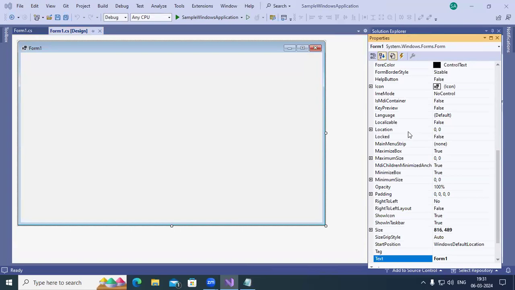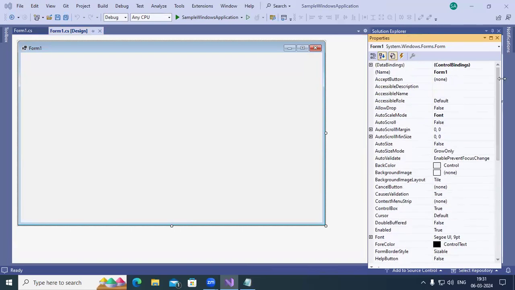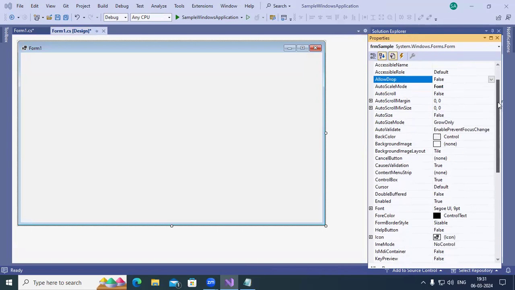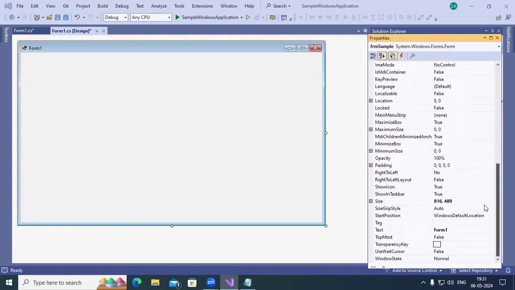Here you have properties. Let us remove some of the things. First thing, we change the name. Instead of form1, I want to name this FRM sample. There are many other features available in this. Text is what here you have, form1 is available. Instead of form1, my sample